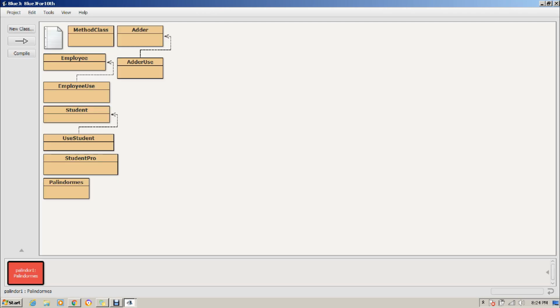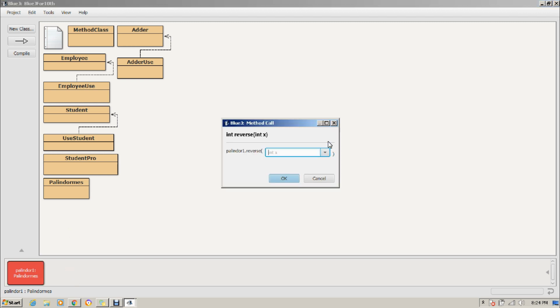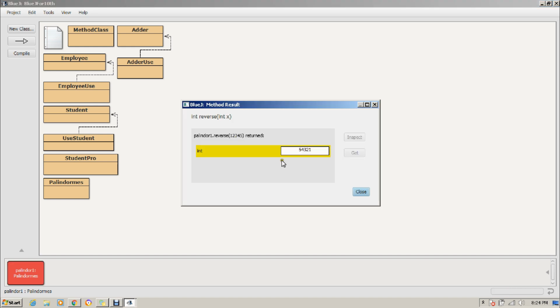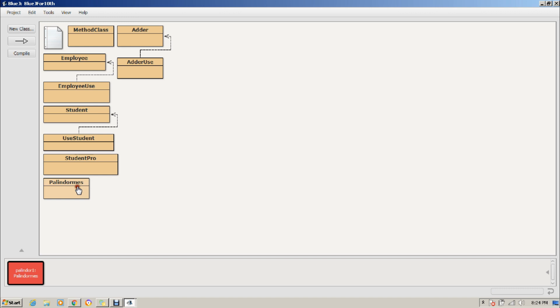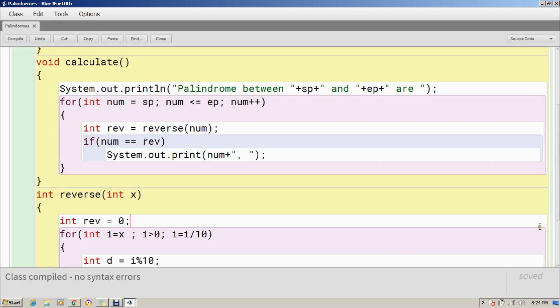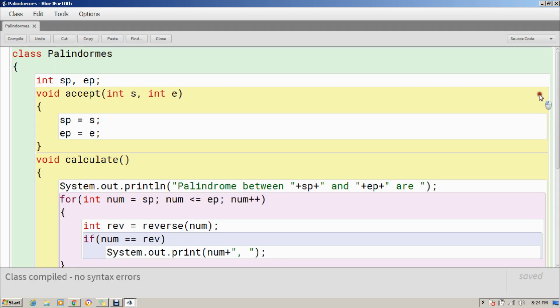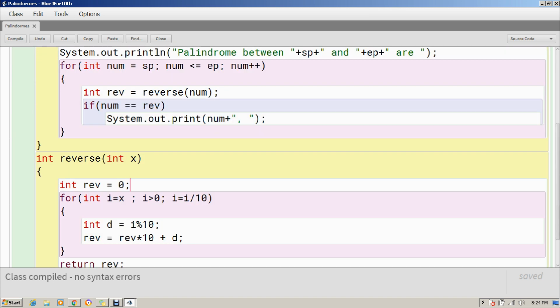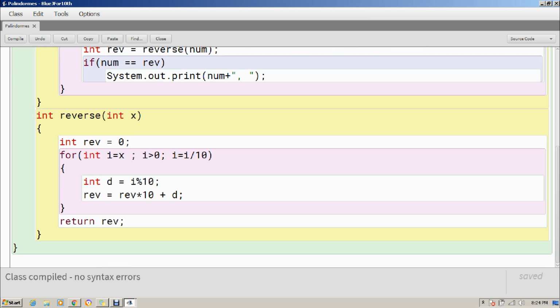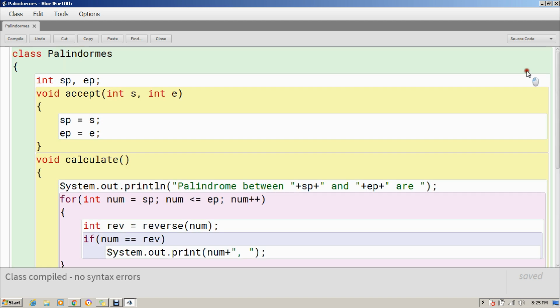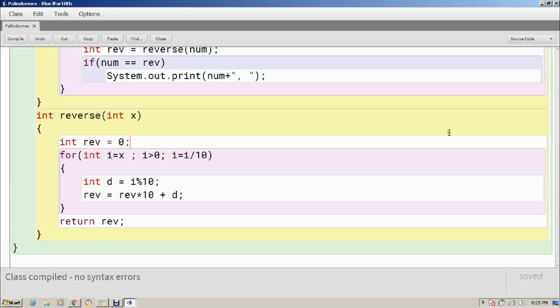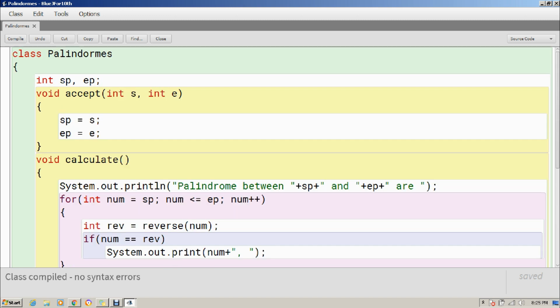Now there was one more method, reverse. If I pass any value to it, 1 2 3 4 5, it's going to return me the reverse of it. You can see 5 4 3 2 1. So you can see I have created different methods inside the class, and that's why complexity is reduced. If you remember the program that I made in BlueJ for 9th to perform the same task, first of all it was a nested loop, and that's why the program was already complicated. The second program that we have discussed today was to print emirp numbers between 2 numbers.